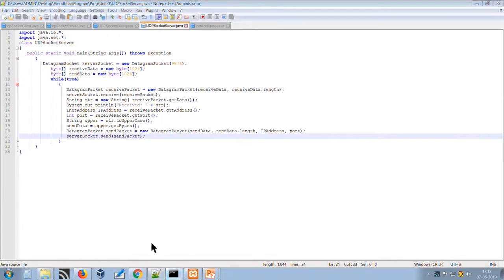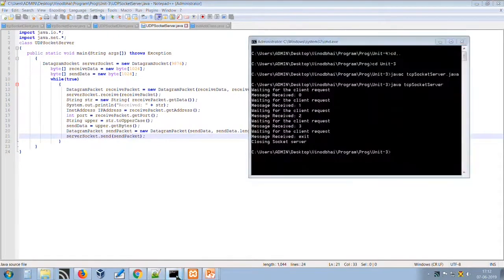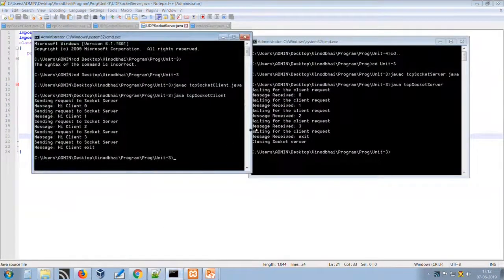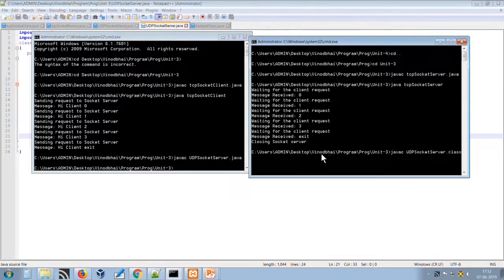Now let us test it in the client-server environment. Here we will compile javac UDP server socket, and here we will compile UDP client.